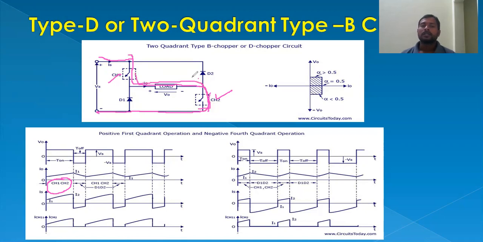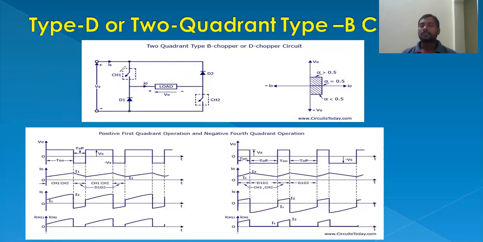Nothing but voltage across the load is positive and negative, where positive is connected to the supply. That's why it is positive. So this is the first coordinate. Voltage is positive, and current through the load is in this direction only, which is similar to the supply direction. That's why current is also positive. So this will be in the first coordinate.